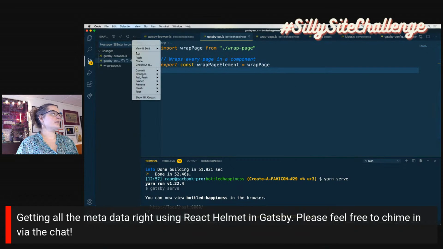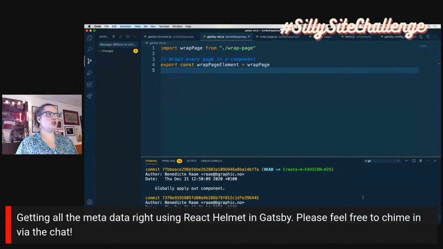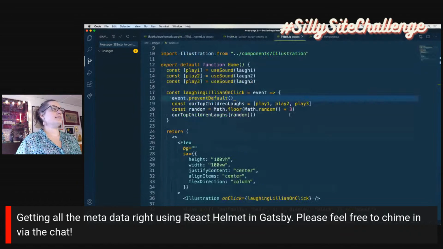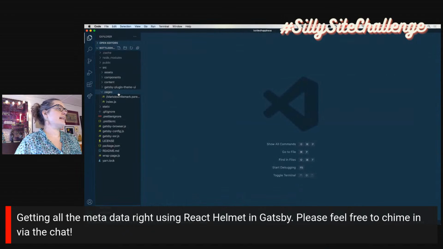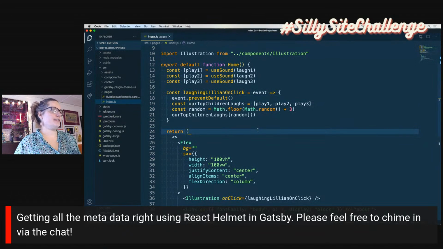We'll add this to the same commit, which correctly globally applied our component. Great! Woo, we did it in under an hour, but now we're going to do the bonus, which is: what if we would like to make a page now? What if we want something different on the